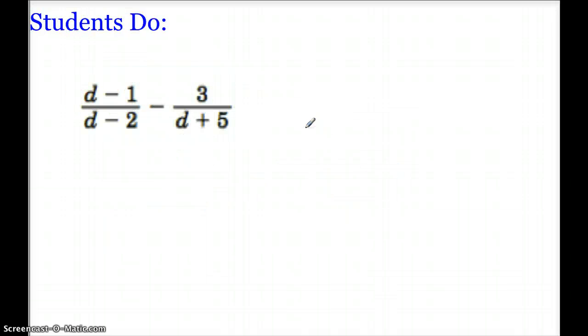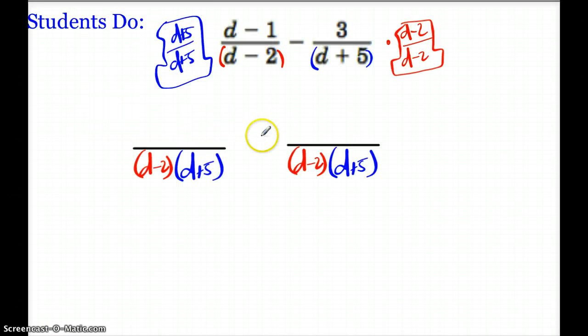Okay. Again, cross multiply by the denominators, and we'll get everything together. Okay, so I multiply by d plus 5 over d plus 5, d minus 2 over d minus 2, giant 1s on both sides. My denominators are written there, d minus 2, d plus 5, d minus 2, d plus 5. There they are. Okay, I'll multiply my numerators. On this side, I'll get